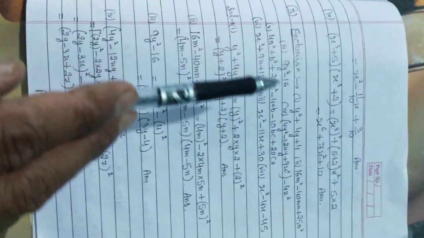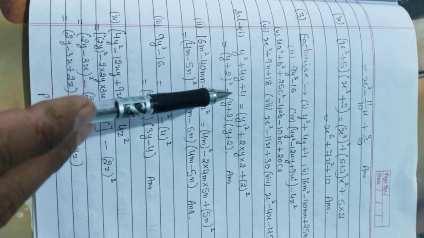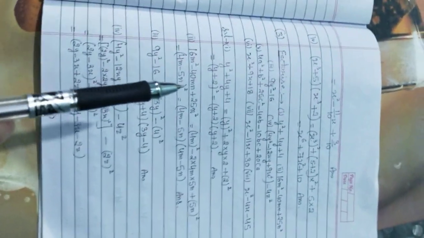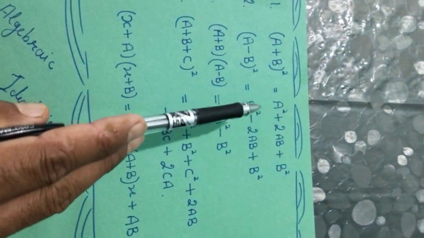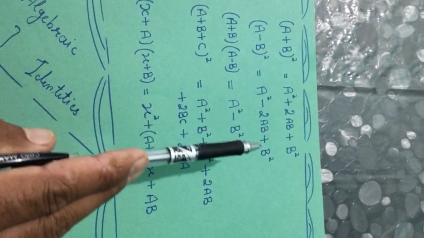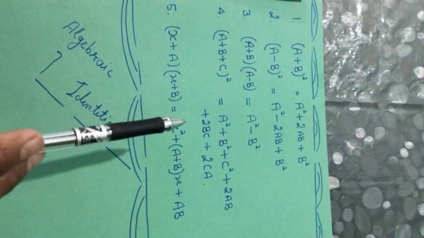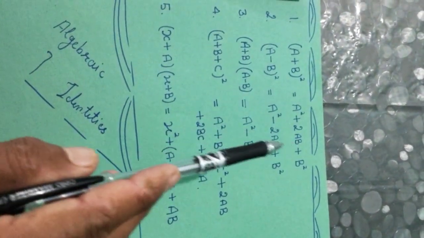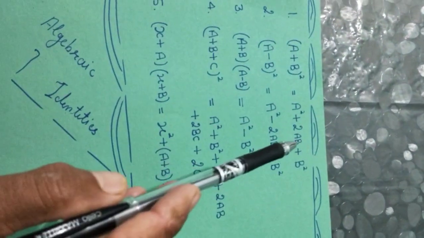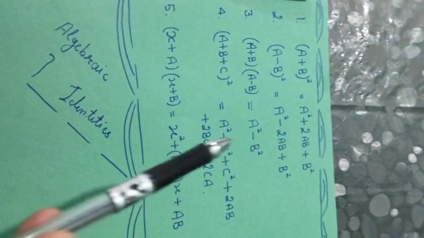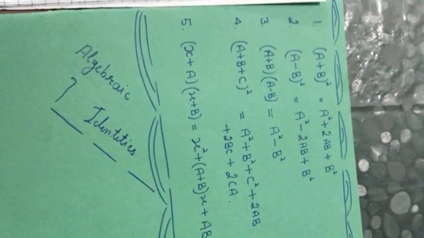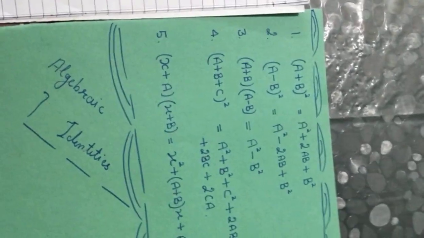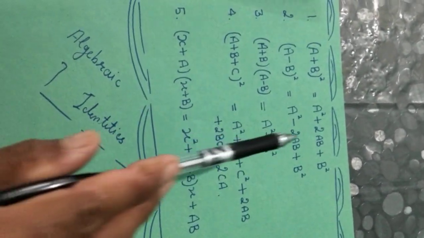So first solve the first part, that is y square plus 4y plus 4. Now dear children, if your expression is a trinomial, a square plus 2ab plus b square, a square minus 2ab plus b square, or this one, in a trinomial expression you can use only identity first, second and fifth. How can you identify where you can use identity first, where you can use identity second, and in which case you can use identity fifth? This is your identification part.